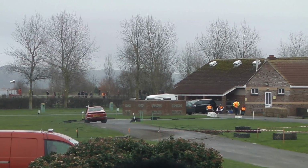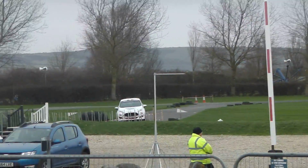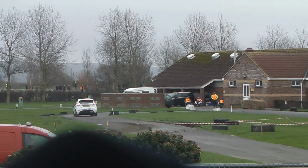Car 61 about to leave the line shortly is Stephen and Sylvia Candy. It's a Ford Escort Mark 1600. The car was bought in 1981 and converted into a stage rally car. The car is used in all sorts of things from all